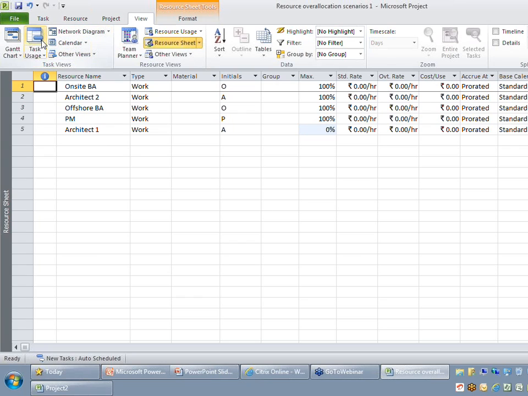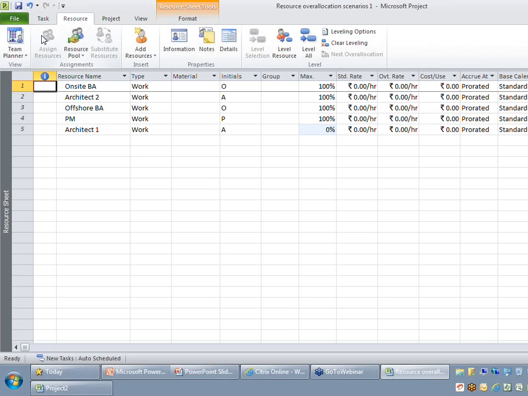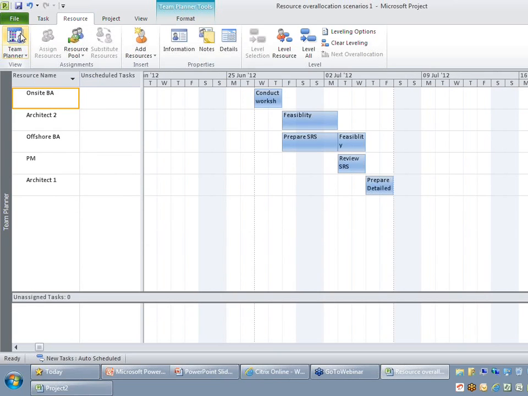The third one is the team planner, by which you can drag and drop a task, or you might want to reassign it to a later date based on your choice. And the last one is the resource over allocation view, which will give you more micro level details about the assignment so that you can selectively look at how to resolve the problems.